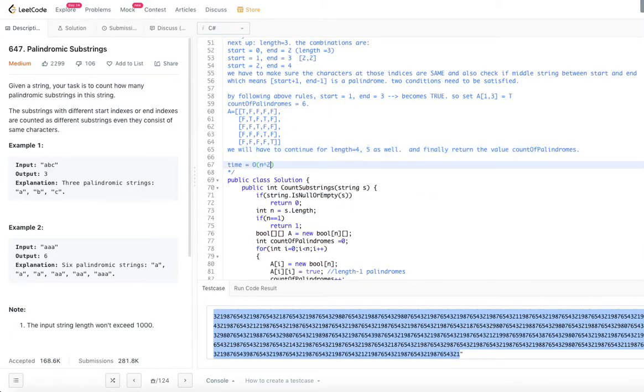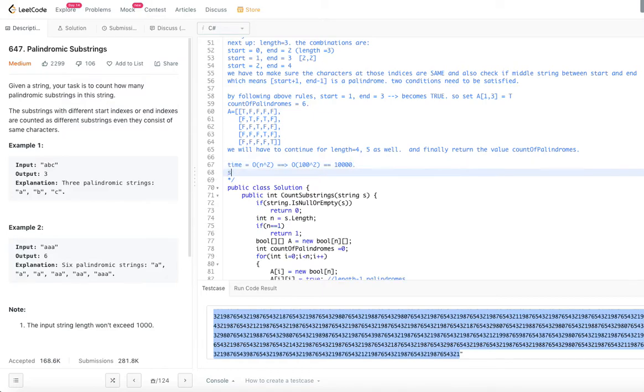So just trying to compare. If n is equal to 100, then 100 power 2 is 10,000. So compare that with a million. It is 100 times lesser. So this particular algorithm with dynamic programming is 100 times faster than the algorithm which we discussed to start with.